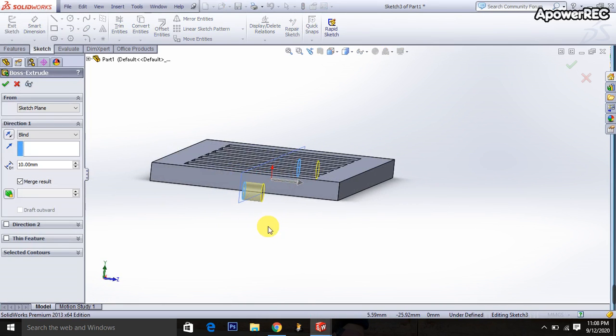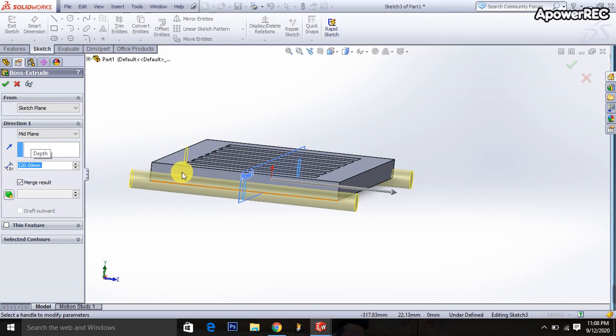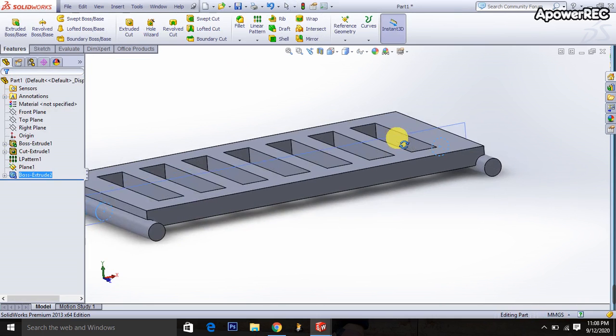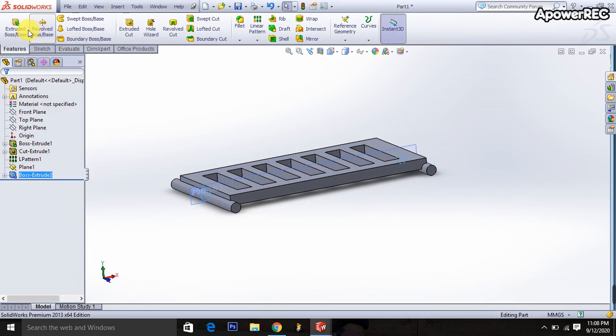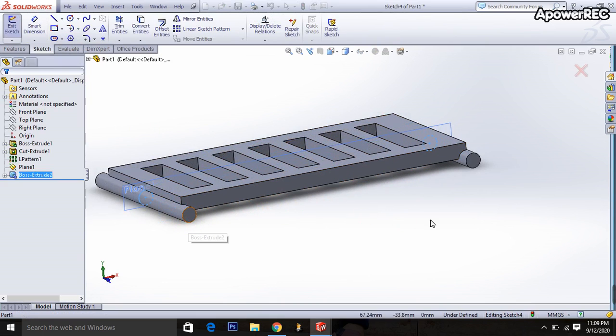Okay, you are watching it. I'm going to the mid plane and it will be 90 millimeters, no, 120 millimeters. Okay, done. And I'm taking this merge or we can change it, but I'm fixed it. So okay. Then I'm going here extrude boss and click on this portion, then control